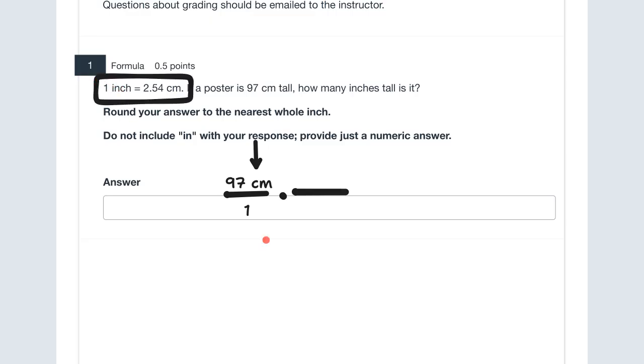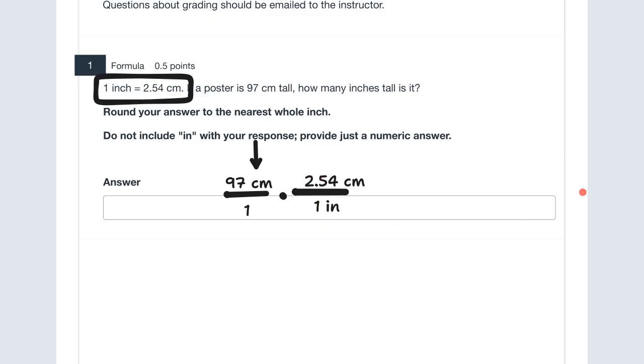This 1 inch is equal to 2.54 centimeters. Now, when you set this up, if you put the 2.54 centimeters in the top and the 1 inch in the bottom,